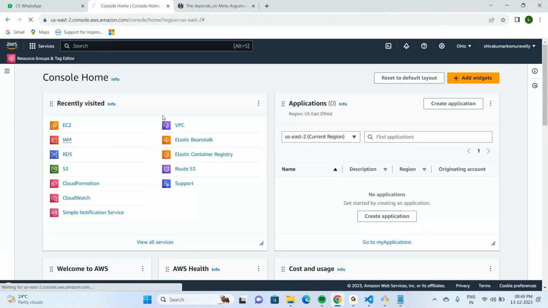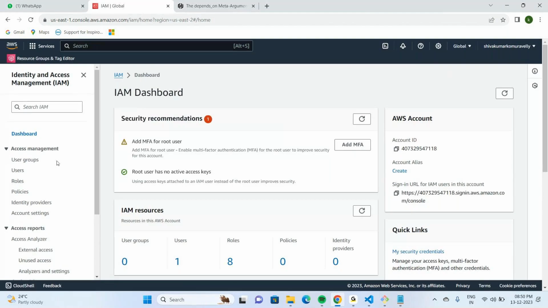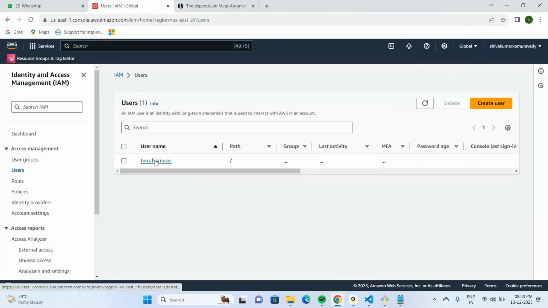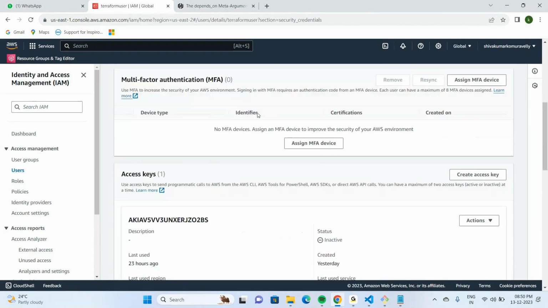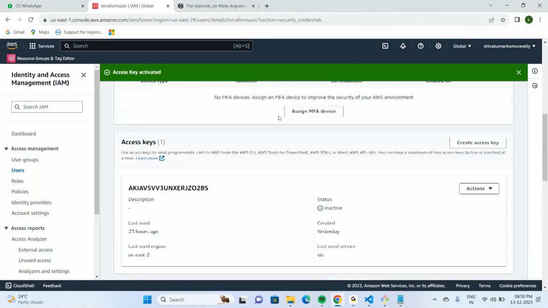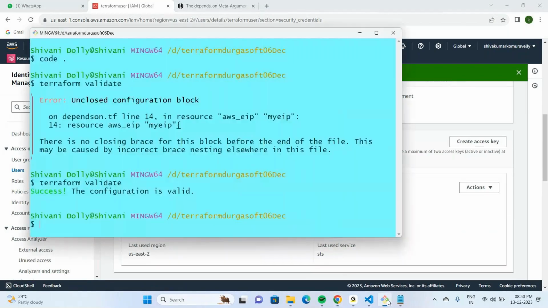Let us go to IAM, users, Terraform user, security credentials, the access keys, say activate. Now let us say Terraform